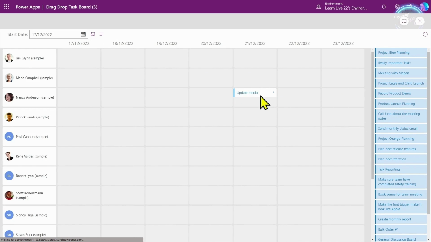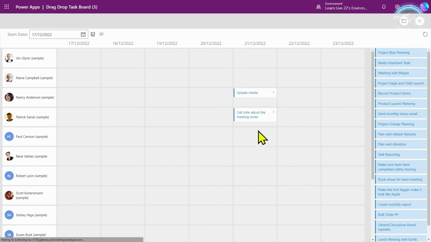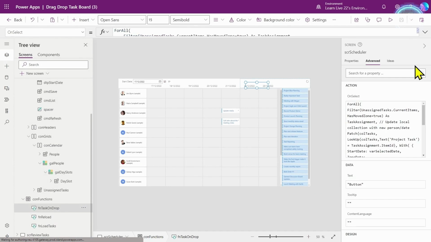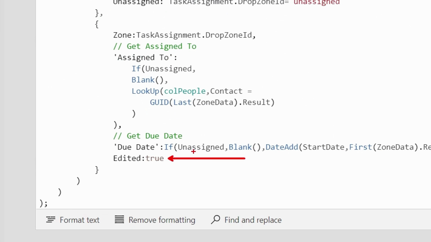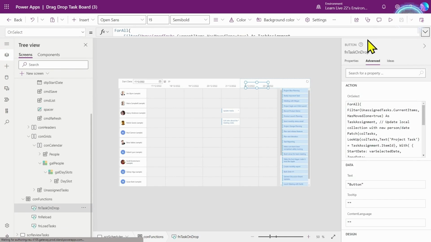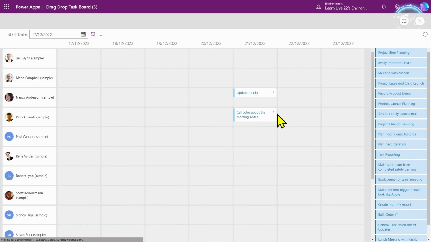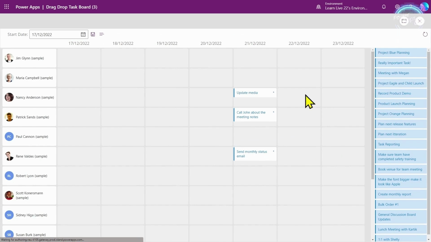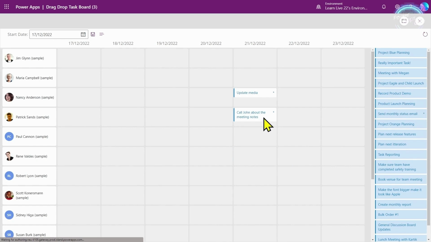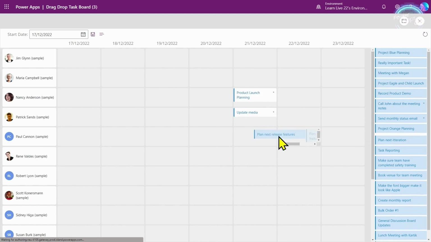And actually, you immediately see what's happening is that it's changing the call tasks, it's mutating the call tasks, and it's updating that modified flag, which is the other thing that it does inside that task on drop. If you look at the last bit there, we've got this edited to be true, so that the little asterisk gets shown. And because we're changing the input collection, that causes a re-render, which is really cool. And therefore it uses the new template to display it as white. Now, if I move it back again, it's gone back to blue. So that's the first part of the puzzle.